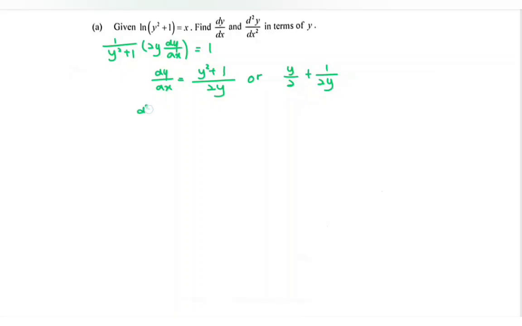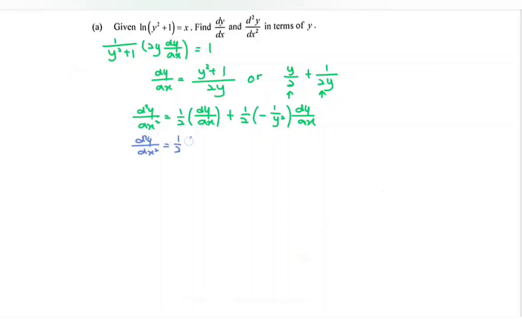So we have the second derivative. If we differentiate this one, we will have 1 over 2 bracket dy/dx, plus, focusing on this part, 1 over 2 bracket negative 1 over y squared. Do remember to add on the dy/dx. Next, continue. Focus on the dy/dx. So we have to substitute the dy/dx. If we substitute the dy/dx, we have the second derivative equals 1 over 2 bracket